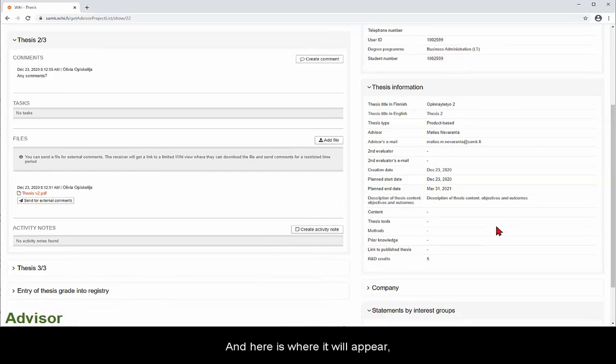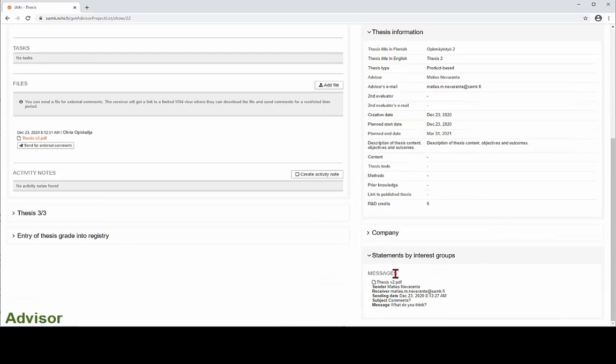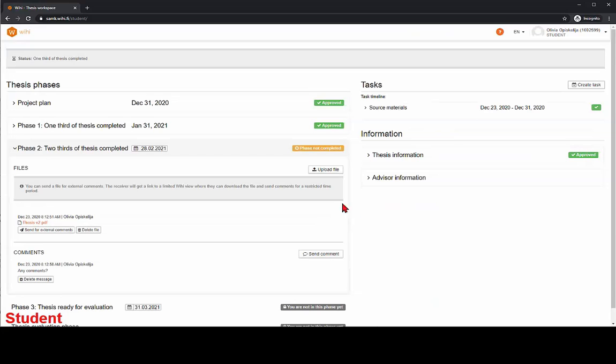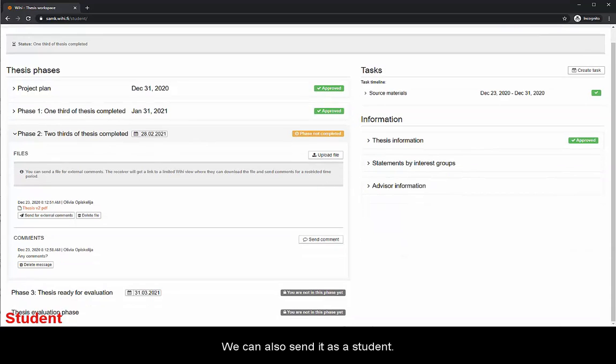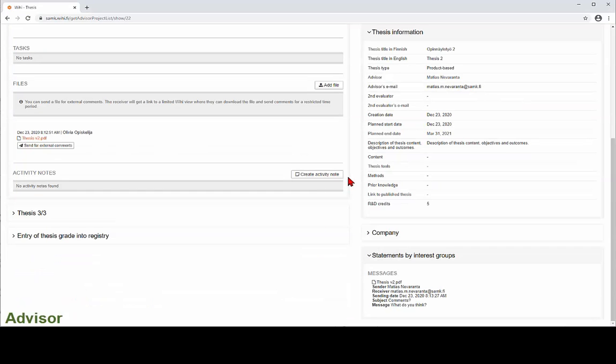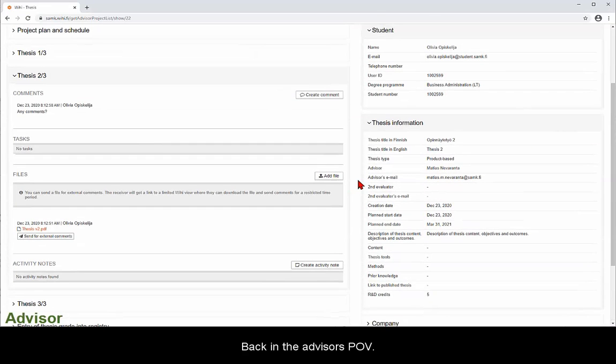And here is where it will appear, statements by the interest groups. We've sent one, but we don't have an answer yet. Back in the student's point of view, refresh, and we see it has been sent, but there's no reply yet by the advisor. We can also send it as a student. And back in the advisor's point of view,